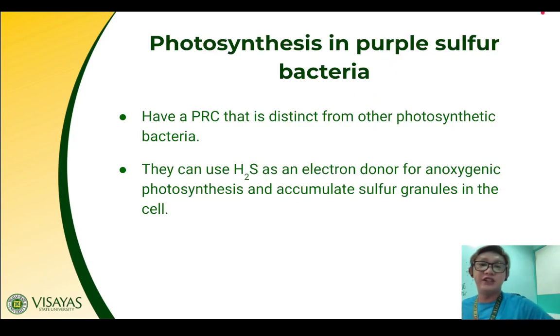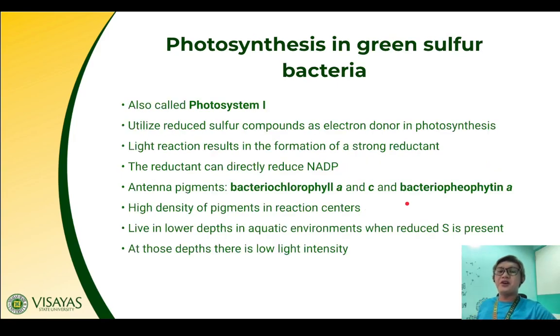So the purple non-sulfur bacteria are the ones that we discussed. Purple sulfur bacteria is almost the same, except that they have PRC, or the photosynthetic reaction centers, that is distinct from other photosynthetic bacteria. So they can use H2S as an electron donor for anoxygenic photosynthesis and can accumulate sulfur granules in the cell. The third type is the green sulfur bacteria, which is otherwise called